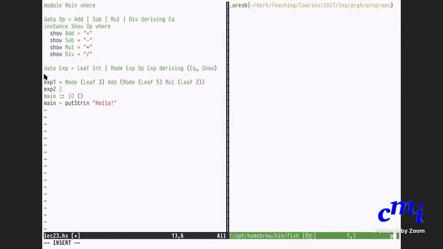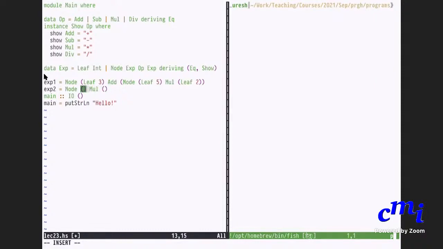Can somebody else give me 3 plus 5 within parenthesis times 2? Srimati, would you like to try? 3 plus 5 should be done first, so the root is multiply. So you'll have node. You can fill it in later. So node, the root is multiply, right? So just write that first. Okay. So you have two subtrees. Now go and fill in the left subtree. Left subtree is 3 plus 5.